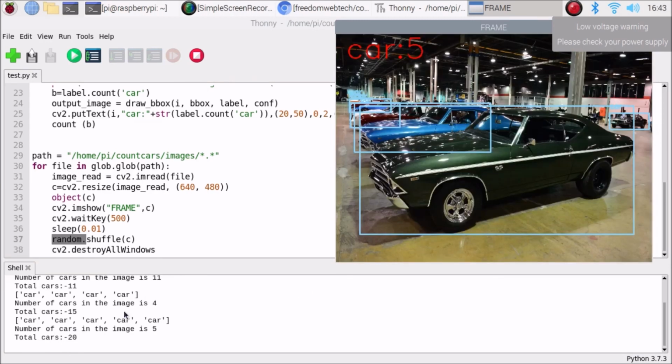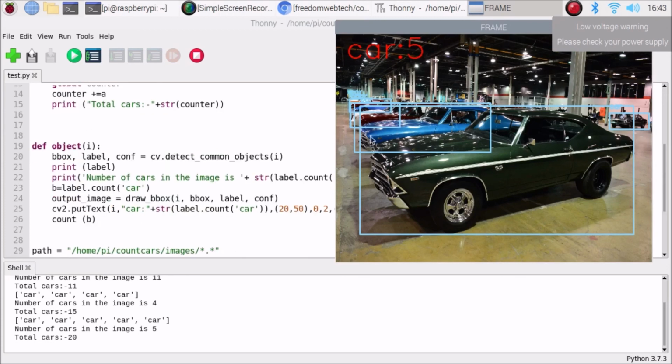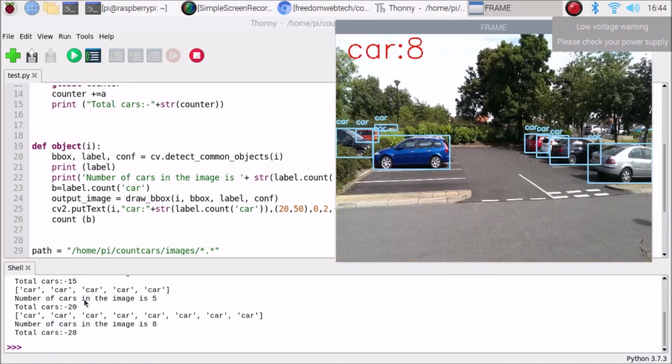And friends, in the next image, as you can see, we have 5 cars. From this image we have only cars, so the number of cars in the image is 5, and the total cars are 20. So 11, 4, and in this image we again have 8 cars. Now the total cars is 28. So this is how the script works.